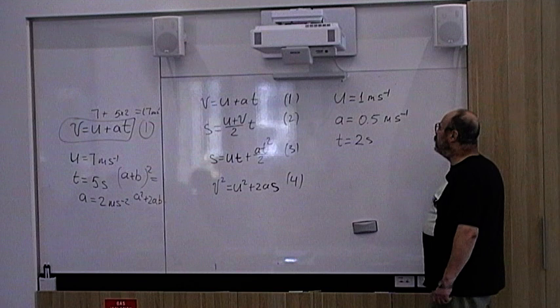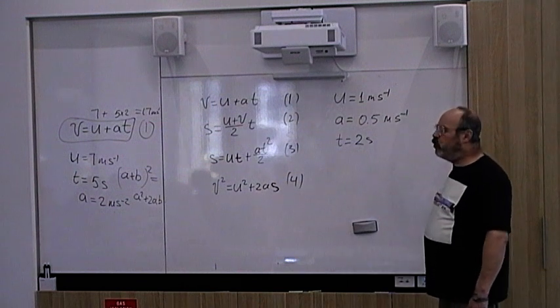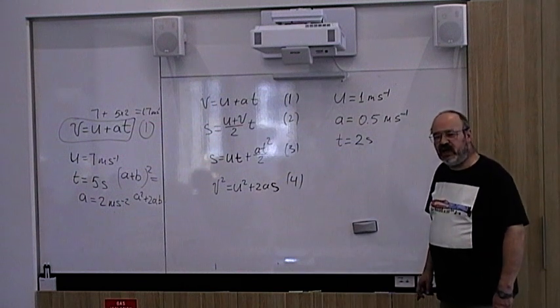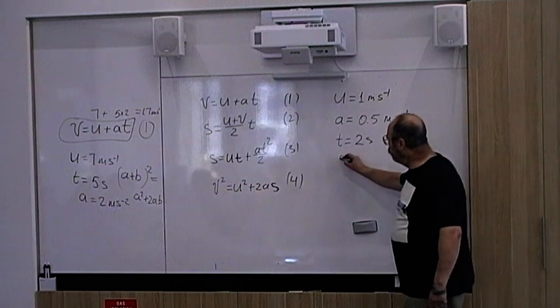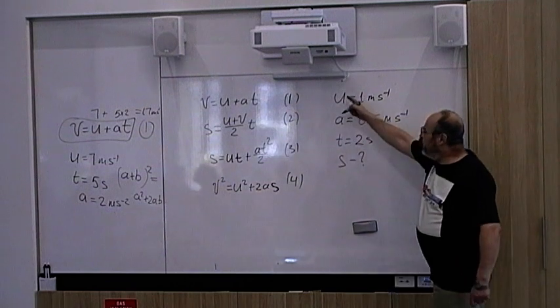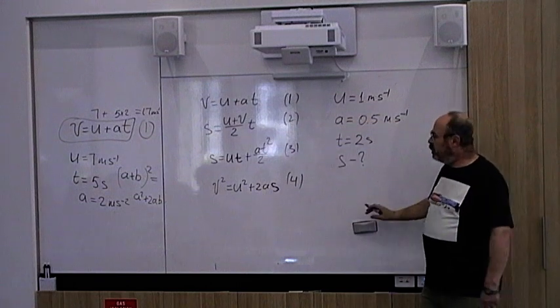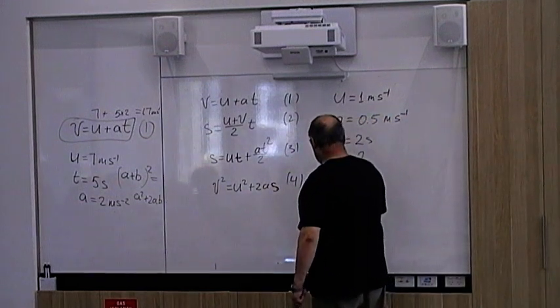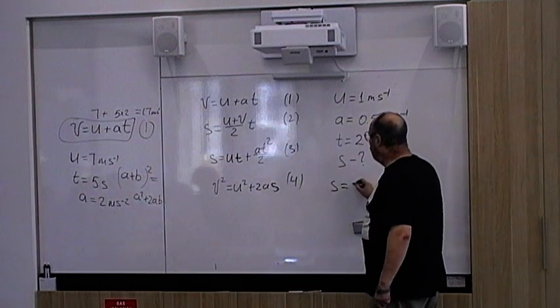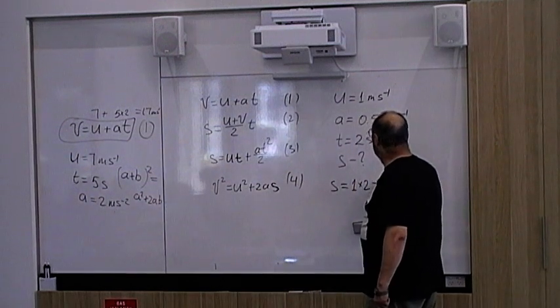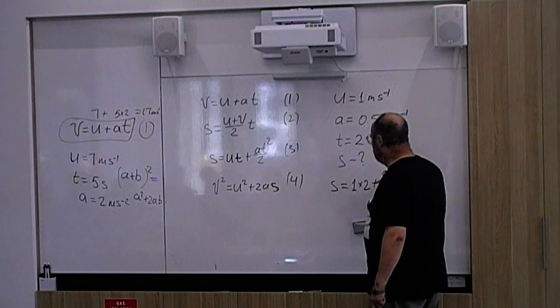The question is, what distance will he cover in these 2 seconds? So we're looking for S. Which formula connects U, A, T, and S? Number 3. So we substitute the numbers: S equals 1 times 2 plus